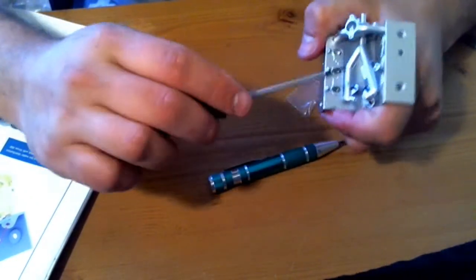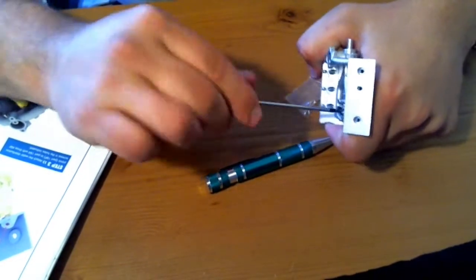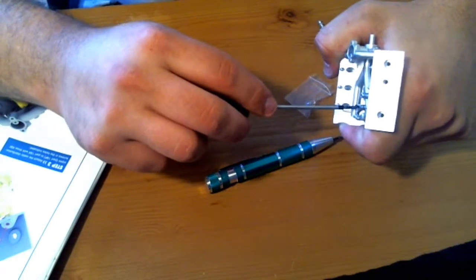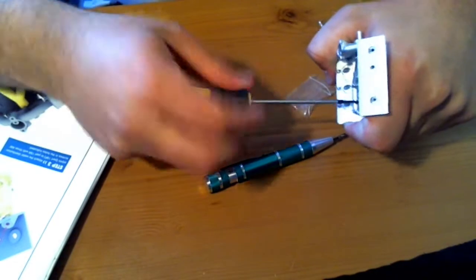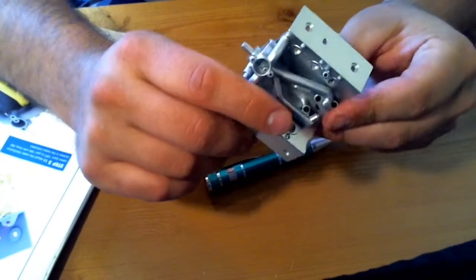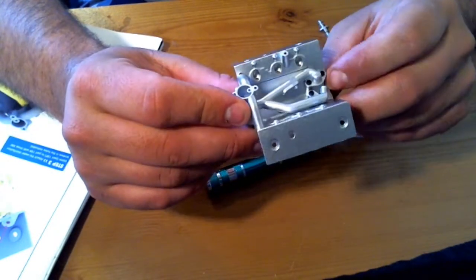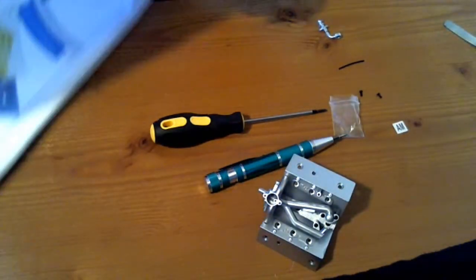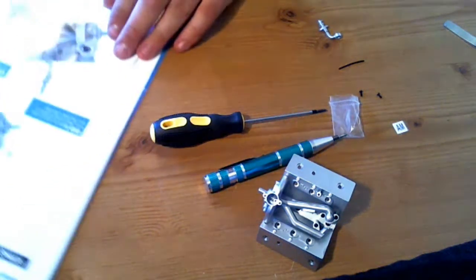I'm not going to do these too tight, but it's just enough to keep them in place. And 3. Lovely. Yeah, they've gone in nicely. So there you go. That is that part. That's the water distribution pipe inside there. Okay. And then the last part